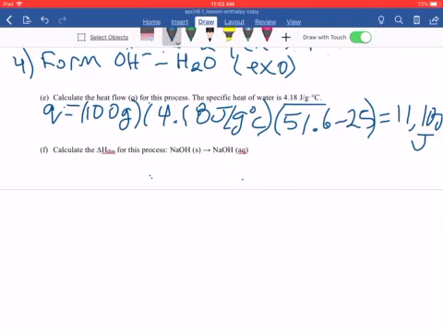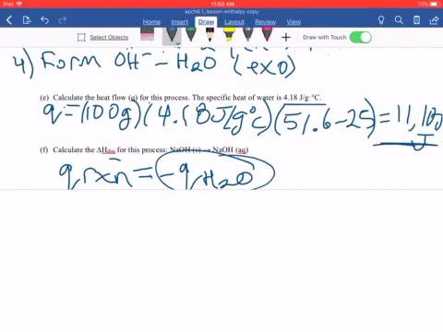So it is endothermic. All right, and then for the next one, it says calculate the ΔH, so the enthalpy of dissolution. So diss is dissolution for this process going from solid to aqueous. And we know that the Q of the reaction is equal to negative Q of water. And we know that the Q of water, we just calculated it, right? This is for water. There we go. And so if we plug that in, we know that the Q of the reaction is just equal to negative